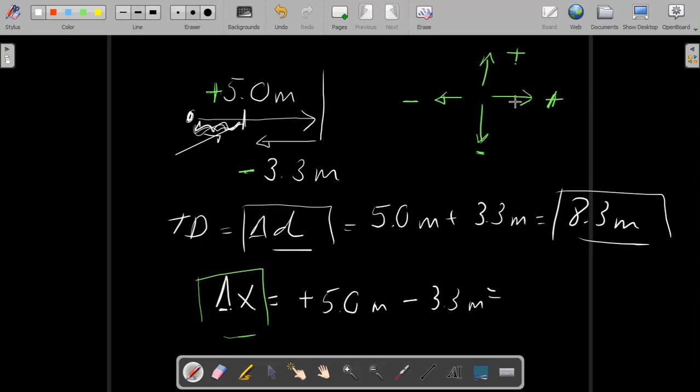So when you do the math for this, 1.7 meters is your answer for the displacement, the total displacement. Okay, now